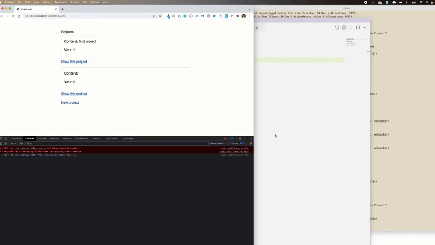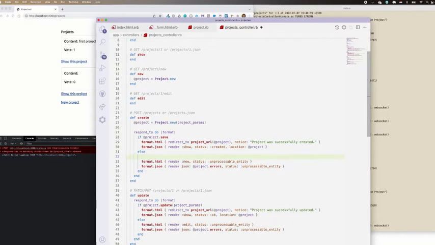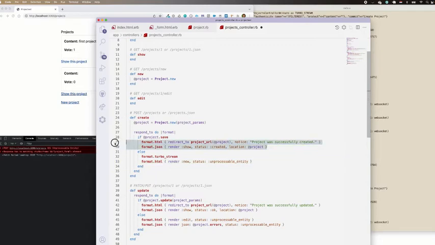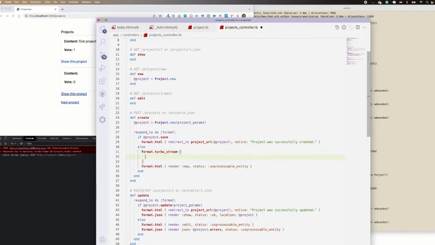So now how we're gonna do that is, let's go to the project controller. And then in the project controller, we will be adding here the format, the turbo stream, and then I'm gonna remove this for now since we don't need the JSON. And then from here we can say turbo stream, and then we will say render turbo